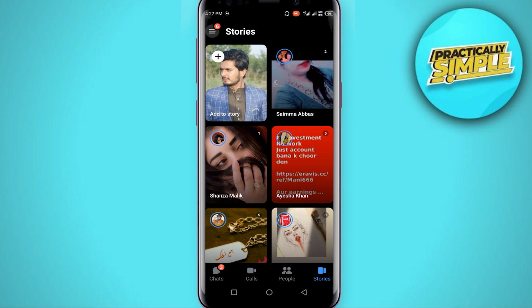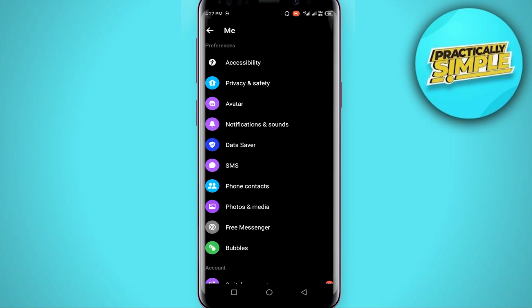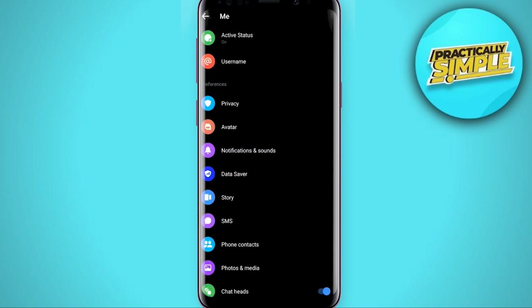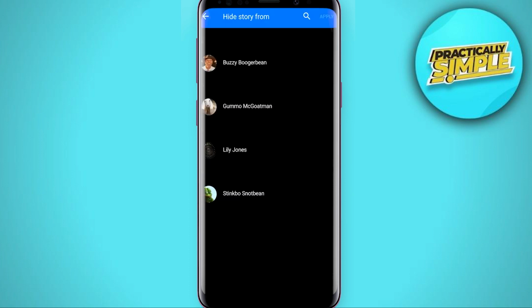The first option is tap on these three bars in the upper left corner and then click on this settings and privacy and scroll down until you see this story option. Click on it and you will be able to see who can see your story as well as hide it from certain people. You can just go through everything and hide your story, but we are interested in the stories